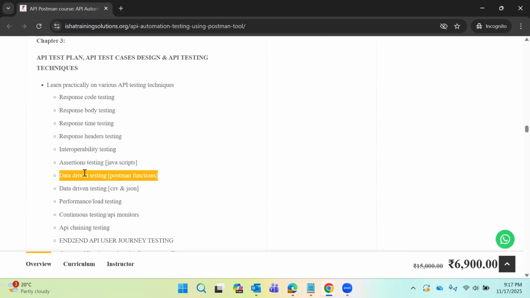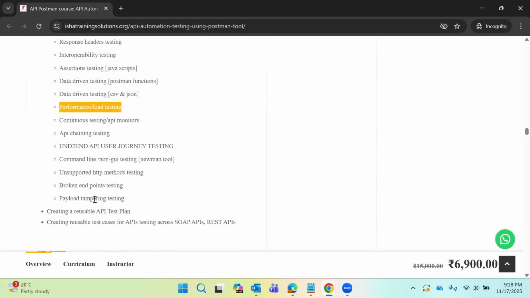Then we'll talk about data-driven automation testing using Postman functions and also through external data files like CSV or JSON. We'll also conduct performance testing and load testing of APIs using Postman tool. We'll also talk about continuous testing or scheduling the API's executions at a particular point of time through Postman monitors. We'll talk about something different called API chaining testing, which is typically one of the major testing techniques we do